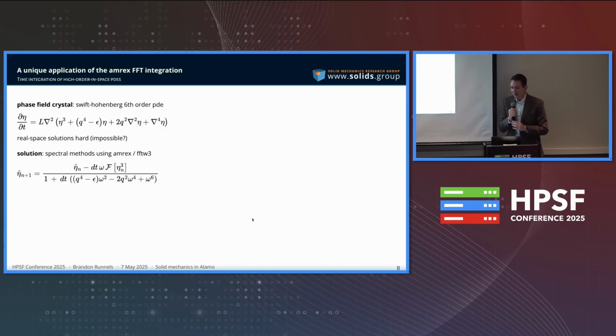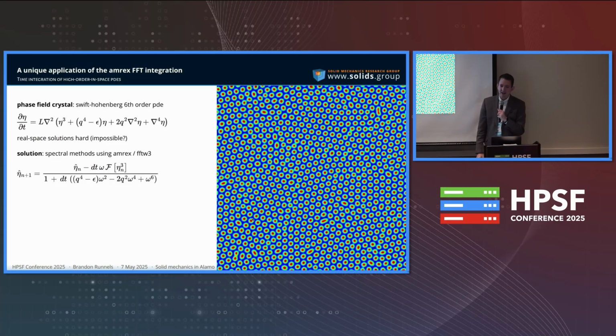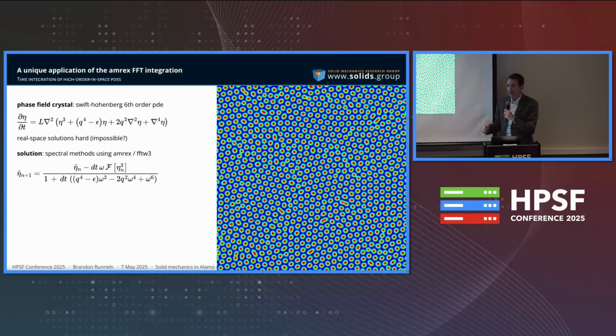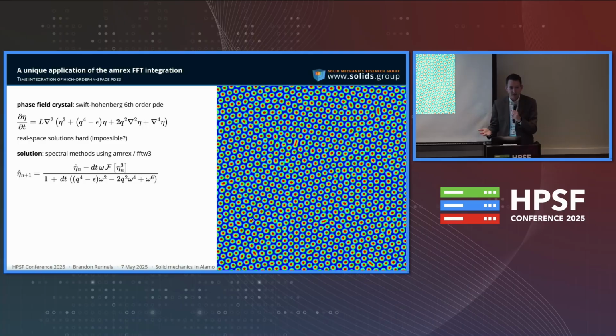So good luck trying to solve this using real space methods, unless you have an insane amount of computer time to blow with really, really tiny time steps. And the solution actually is to solve this in reciprocal space. And that was where we were really delighted to see the AMReX FFT capability, because now we can solve problems that look like this, which are high frequency in space, low frequency or low resolution in frequency domain,